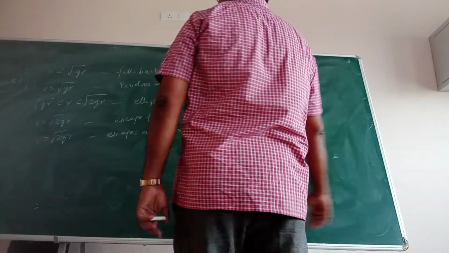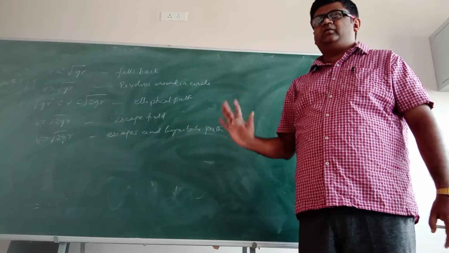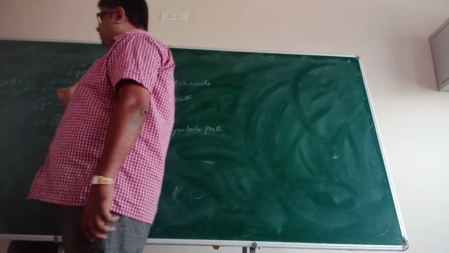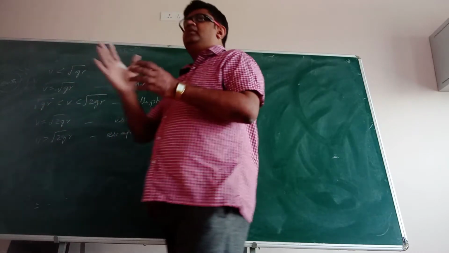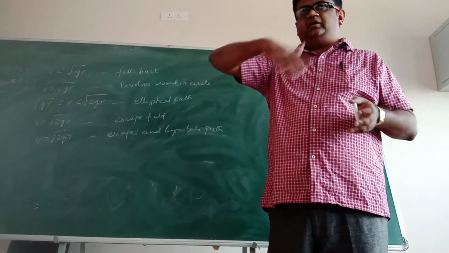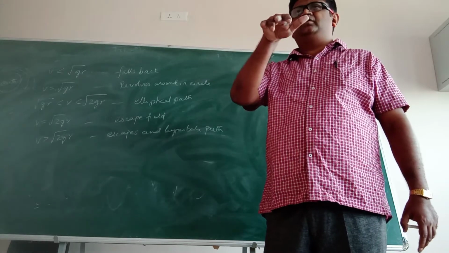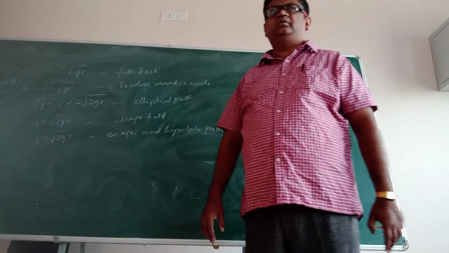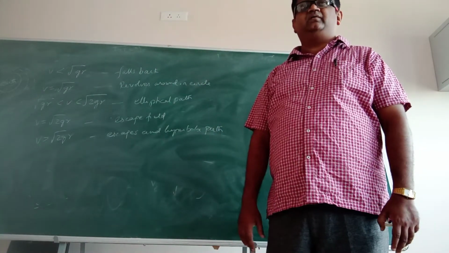Alright. See, when you are calculating speed, it will be in one of these categories only. You have two critical points: root over gr, that is your orbital speed. That means the satellite is rotating in a particular orbit. So what is the guarantee that it will rotate in the particular orbit? That also we have to see. On which condition it will fall back to Earth, on which condition it will escape. All those things we are tabulating.